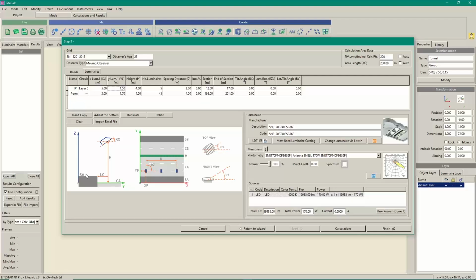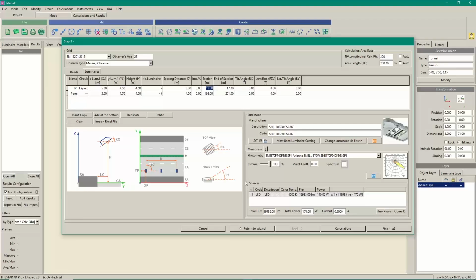So we place it in the middle of the tunnel at a height of 4.5 meters, and the total number of luminaires, let's say that we have a total of 3. The interdistance of 2 consecutive luminaires is 3 meters, and we want to come to